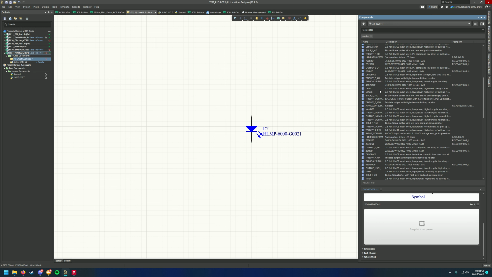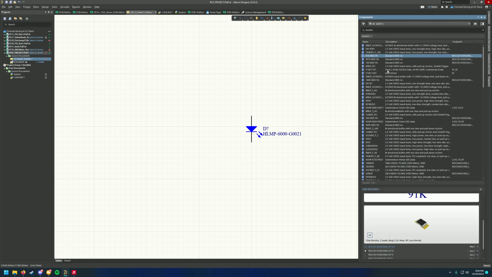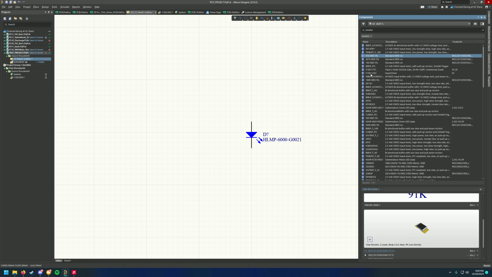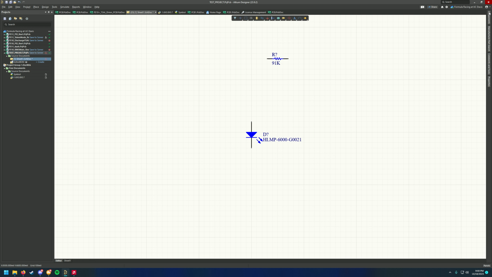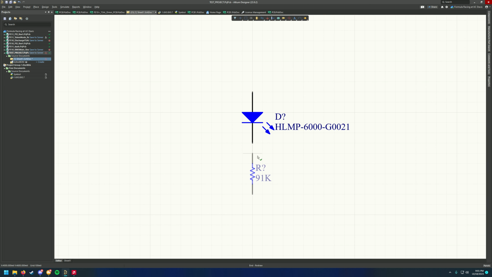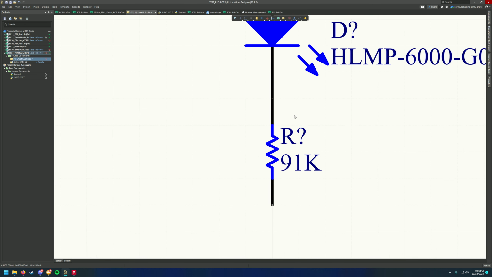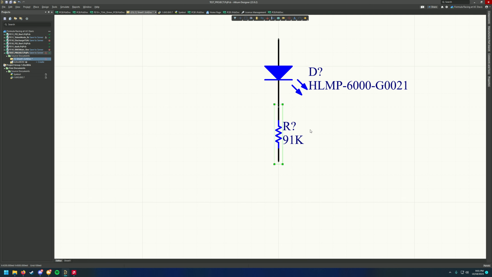Obviously, if you're actually designing a schematic, you probably want to be a little more careful about what components you're grabbing, but I'll just grab whatever. So there's a resistor. I just searched resistor and grabbed something. And so I'm going to line this up with the LED here. And so you can either just place them right on top of each other to connect them, or